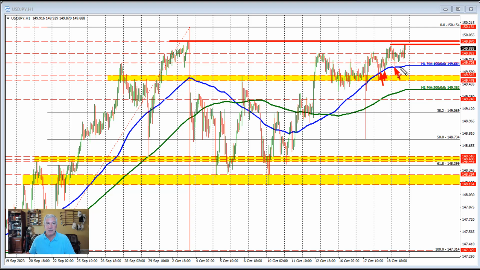In trading yesterday and today, we found support buyers against it on 5 or so different hourly bars. Need to get below that level at 149.66 to increase the bearish bias. If we do that, we're looking toward this swing area down to 149.47, and then the rising 200-hour moving average at 149.36.